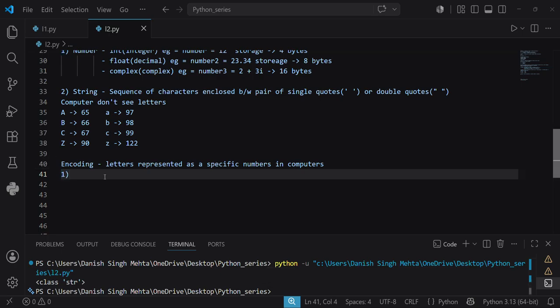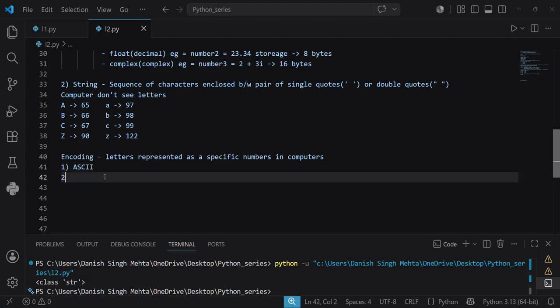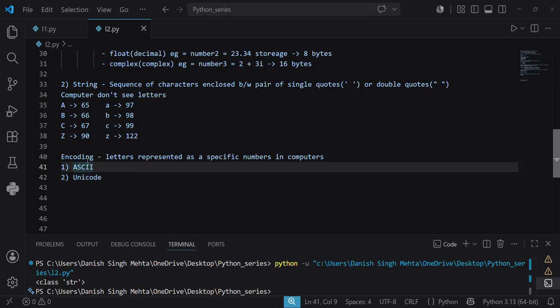First, ASCII. Second, Unicode. Some programming languages use ASCII values. Basically, it's the same, but the difference between these two is that ASCII uses storage of